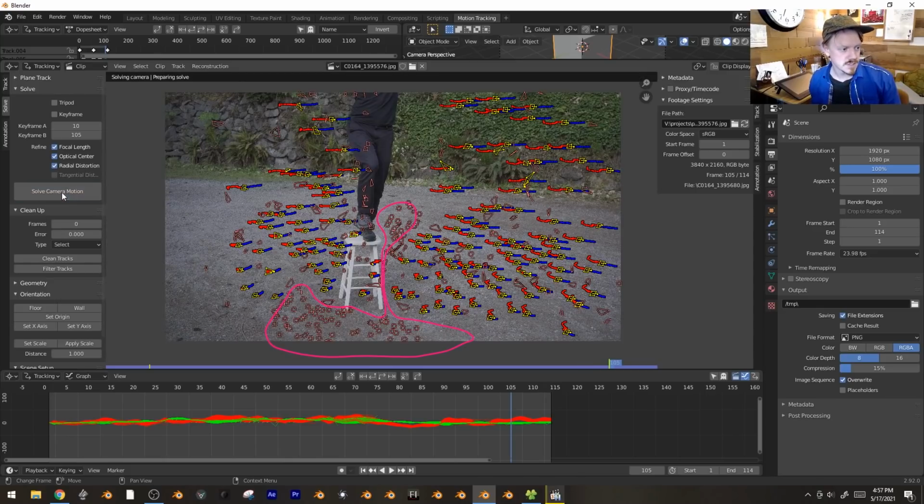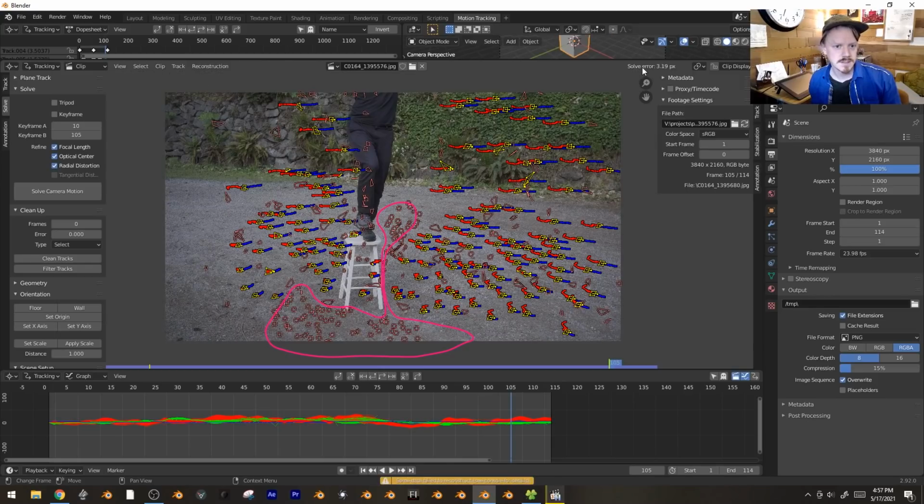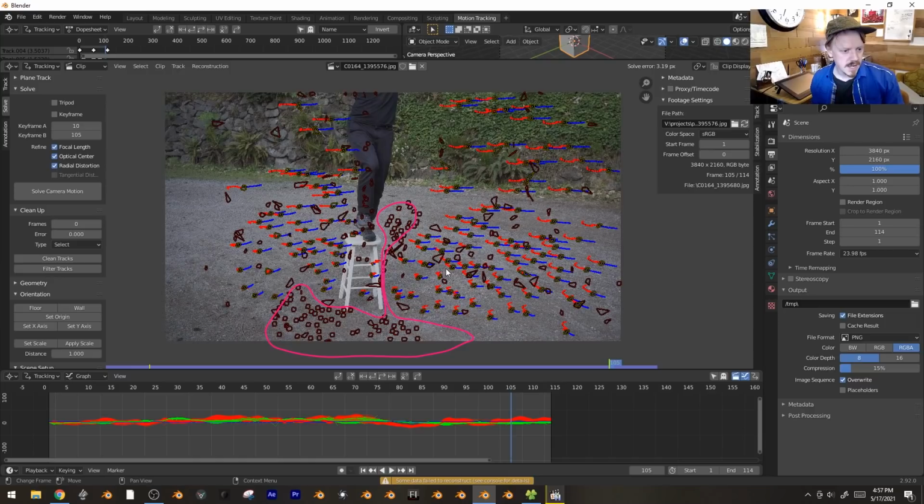But solve camera motion. Let's see what we get. And see, it's very fast. We're at a solve error of 3.19. Okay, that's good. And what that means is